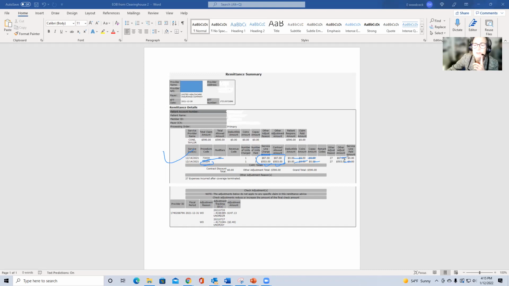So as a biller, I got to figure out what's going wrong pretty quickly. And oh, there's my adjustment reason code. This is 27. Oh, yes, I can look here on my remittance and see expenses incurred after coverage terminated. So y'all know that just as well as me. Now what I've got to do is recognize that I got to go chase down that patient's registration information. Did anyone on my team verify that insurance eligibility at the point of service? Ooh, I may need to go ahead and call the patient to really be able to figure out what is